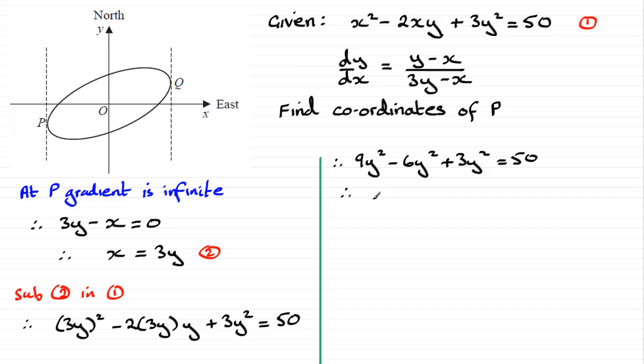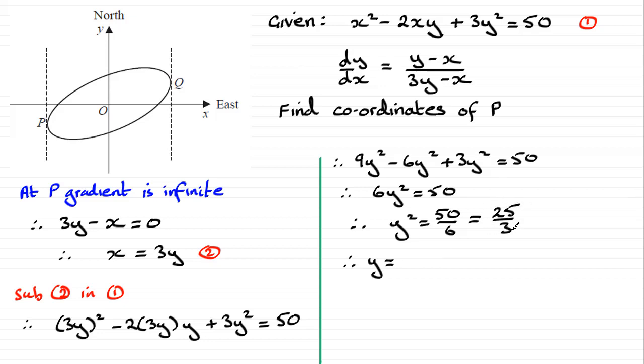equals the 50. So we have 6y squared equals the 50. Divide both sides by 6, you end up with y squared equals 50 over 6. That reduces, we can divide top and bottom by 2, and that gives us 25 over 3. So if we take the square root to both sides, y would normally be plus or minus the square root